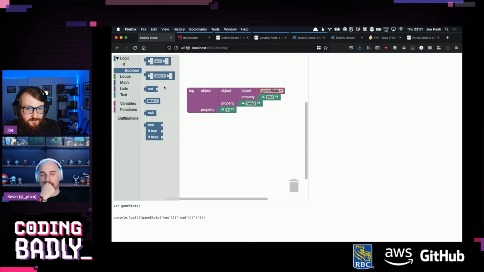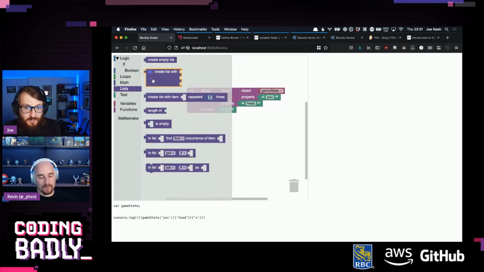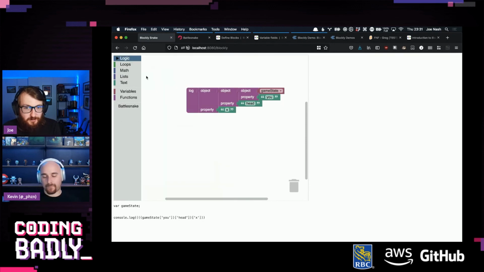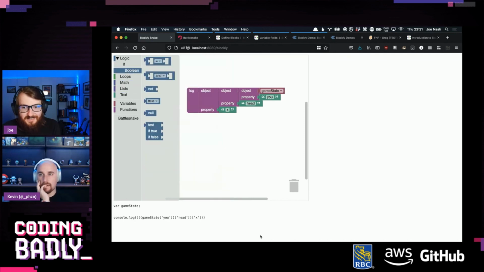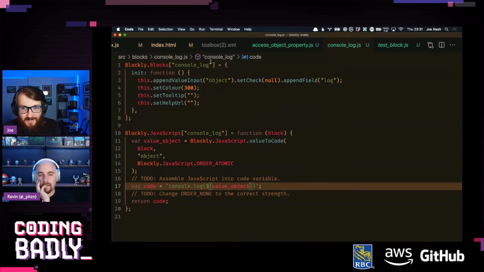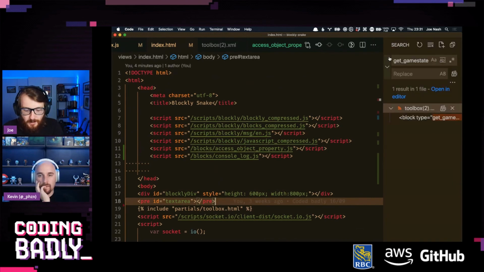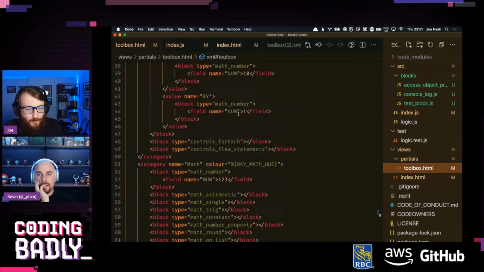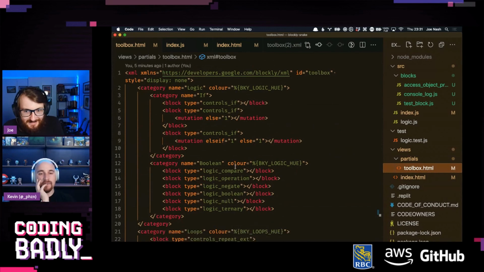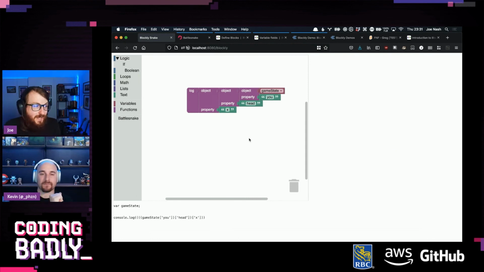But the reason I say that is because, if you weren't watching the first stream, there is no reference or collection, no place where you can find out what blocks are included. When you first load up Blockly, this sidebar is empty. To get the list of blocks, which I have here in our toolbox, I had to go through all of the demos and just nick blocks from the demo source code. There is no complete list of all the blocks that are included. So maybe they just don't care, and they could add it, but no one would use it because they don't reference it.